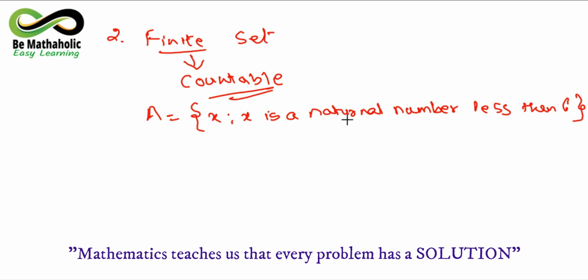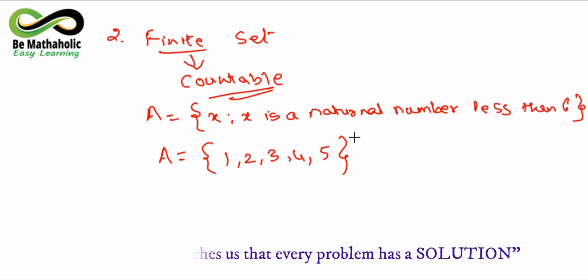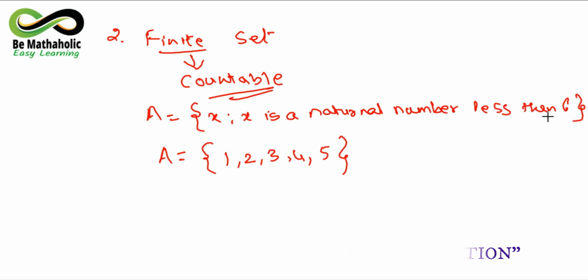Again I come back to the same thing, that you all know what natural numbers are. So when you are asked to write this in set builder form, and when you write it in roster form, the answer will come out as 1, 2, 3, 4 and 5. There are two things, please remember what the statement says. अगर यहाँ less than equal to होता तो 6 भी आता, पर यहाँ पर केवल लिखा है less than 6. That means the answer will take the form 1, 2, 3, 4 and 5.